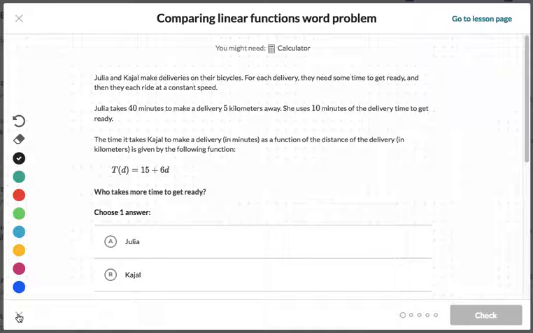Now, we've also talked about the y-intercept as being the initial value or the starting point, or that offset that happens before you have your change that is affected by the slope. So the slope is the rate of change of y with respect to x. So when we're looking at linear functions and we're reading them in terms of word problems and so on,